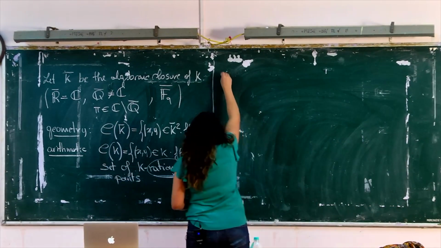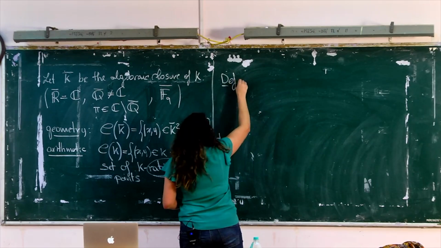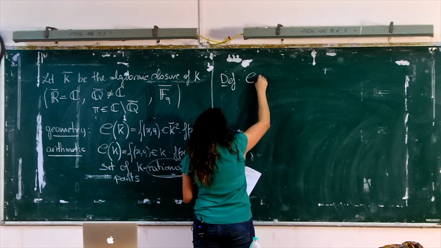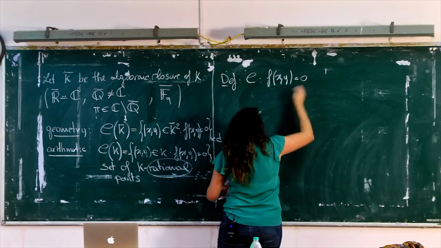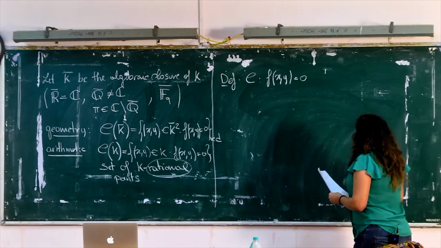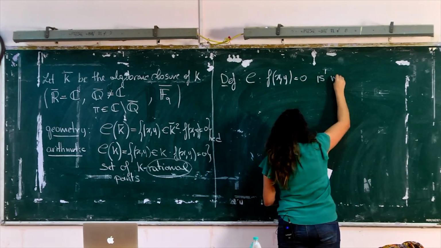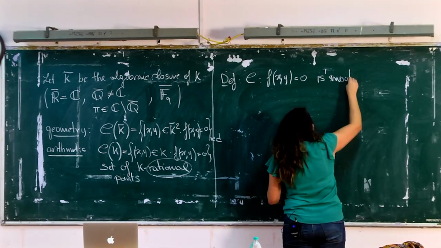So definition. Imagine our curve is defined by an equation like this. This curve is smooth if and